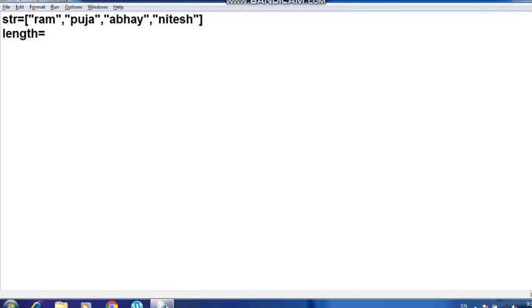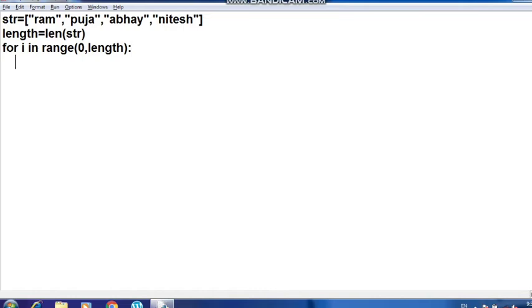Now I'm going to the next line wherein I'm going to find out the length, because without the length we will not be able to execute the loop. Whatever method or function you apply on a list, you have to read the value from the starting index, and for getting the index we need to define the length. So I'm defining the length of the str. Here the length will be 4. Now the loop will be: for i in range, obviously 0 comma length.